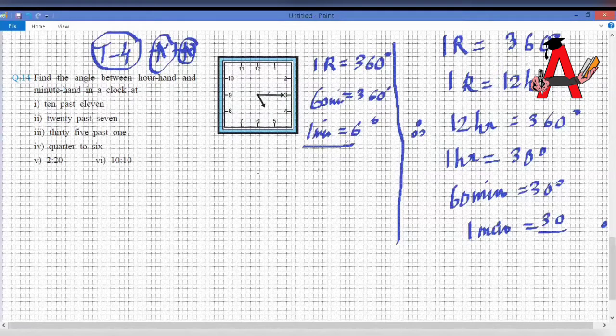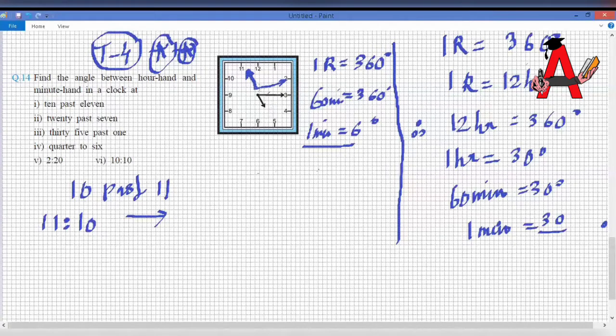Now let us try and understand few questions. I'll try to do one question, two questions, remaining you will do. Now I'll take a simple example of say 10 past 11. So 10 past 11, which means I'm talking about 11 hours and 10 minutes. So always you should try and visualize it first. Now if it is 11, your hour hand will be slightly more than 11 because 11:10 is not exactly at 11, and 10 is pointing towards 2. Now 11 hour and 10 minutes.